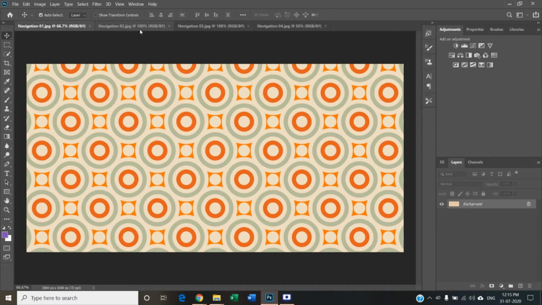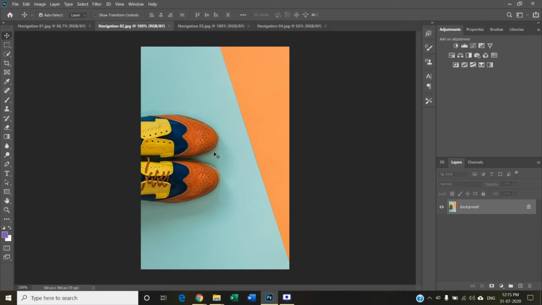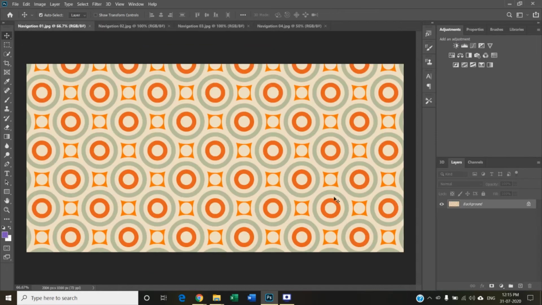So let's get started. Go to navigation 2, and for pasting this image in navigation 1, we have two methods. First is to select the layer here, copy by right clicking it and paste in this one.